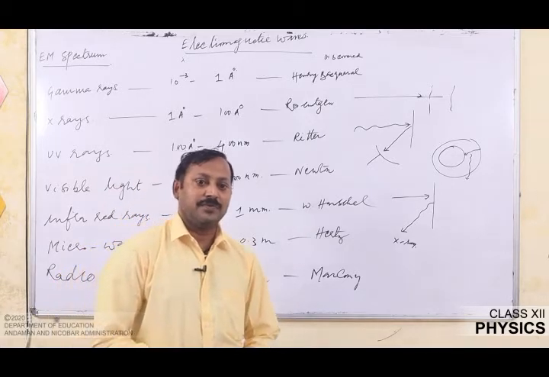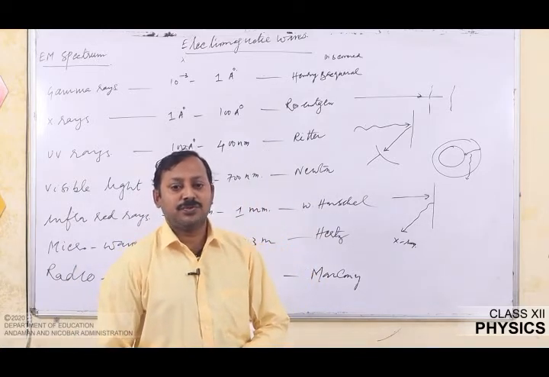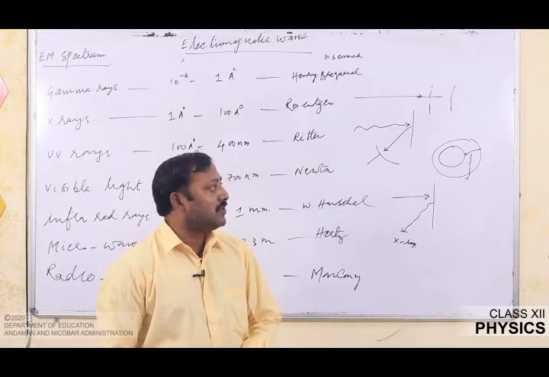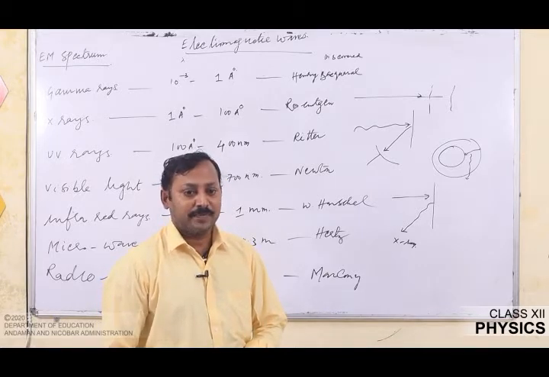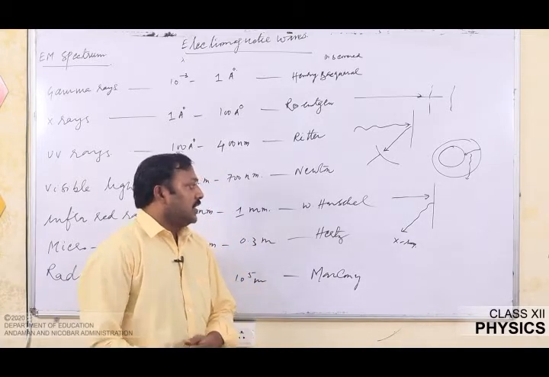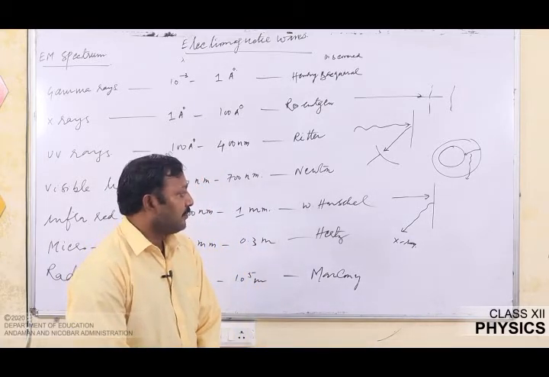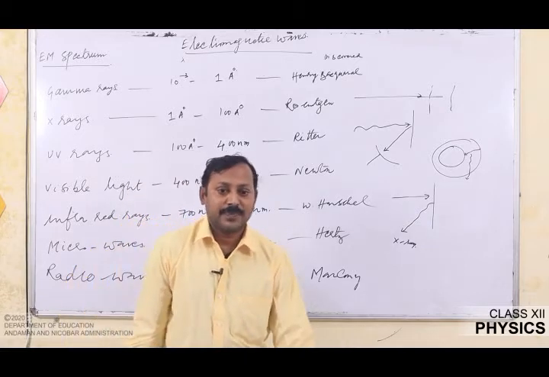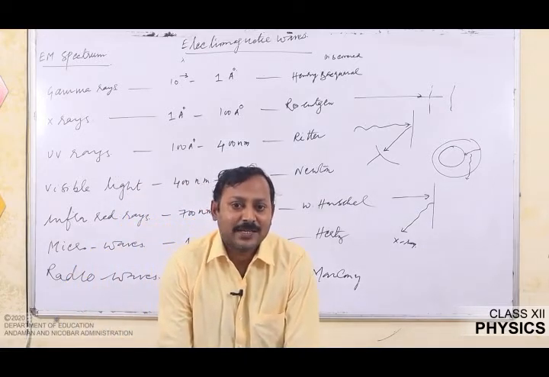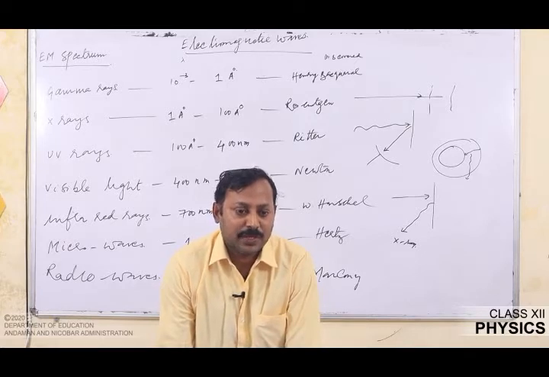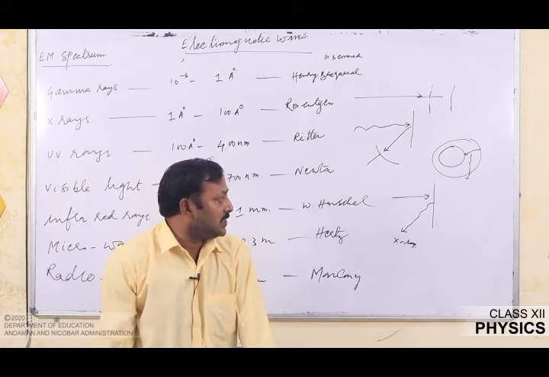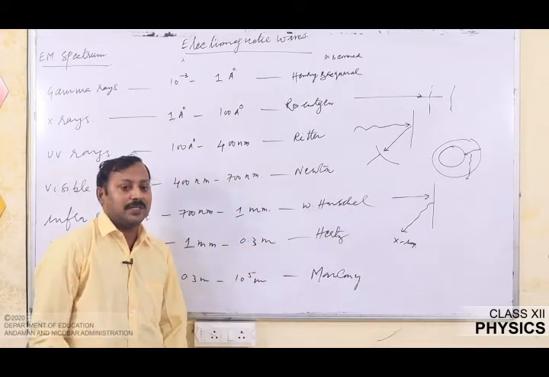Now, we will see the uses of ultraviolet radiation. It is used to study some molecular structures. It is also used to study invisible fingerprints in forensic laboratories. It is used to check forged documents and fake notes. It is also used to kill germs and in water purifiers. It is again used in LASIK technology, which is used to perform eye surgery. LASIK stands for laser assisted in situ keratomileusis.